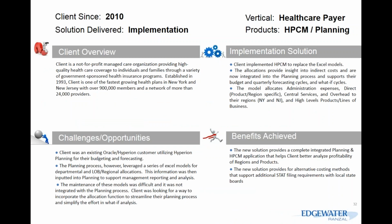So another example of a customer. We have a customer who's a not-for-profit managed care organization in the New York City metropolitan area, and at the time they had about 900,000 members and a network of over 24,000 providers. This customer was typical to many of our customers in that they had some existing footprint in the Oracle Hyperion stack, previously deploying Hyperion planning to support the budgeting and forecasting process. However, as part of their planning process, they needed to ensure that their administrative expenses, which were predominantly planned on a company and cost center basis,